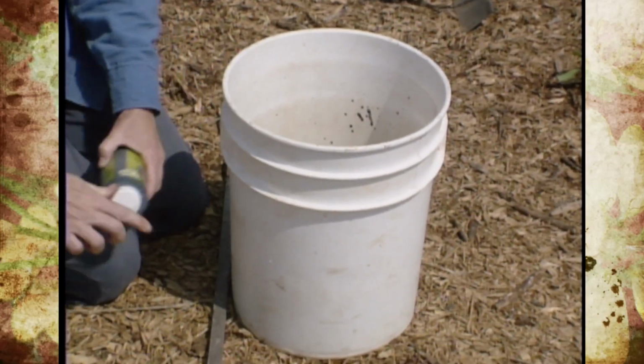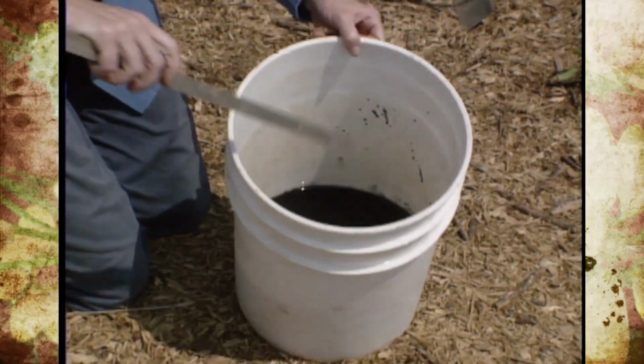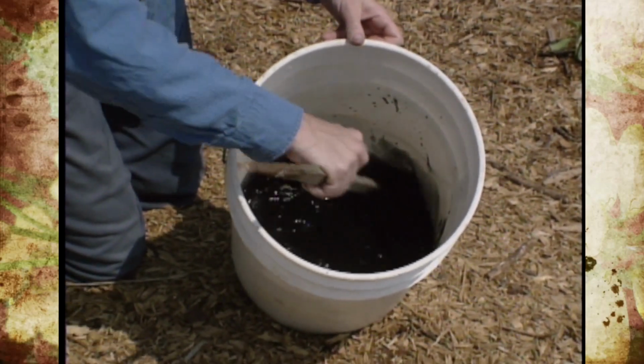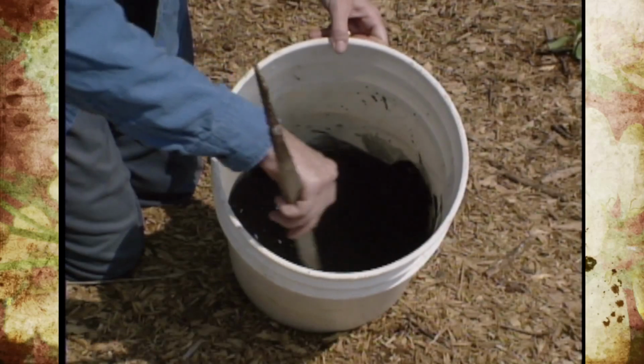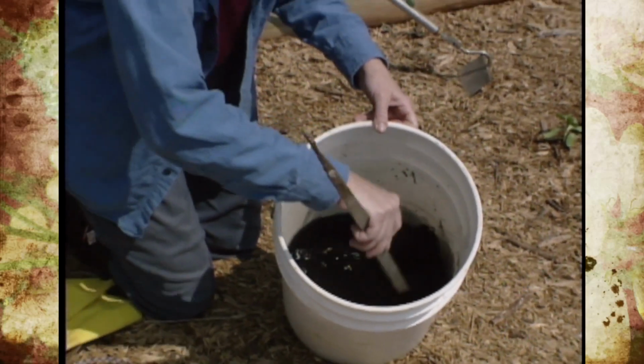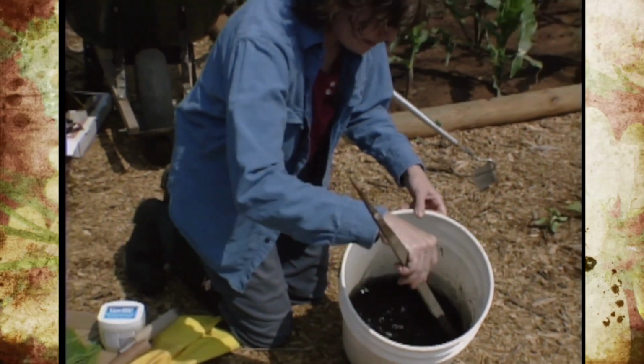These come in different shades as well, but we chose charcoal color, and we're just blending that around, getting it mixed up ahead of time. It's kind of inky looking, isn't it? Once we get that all blended,